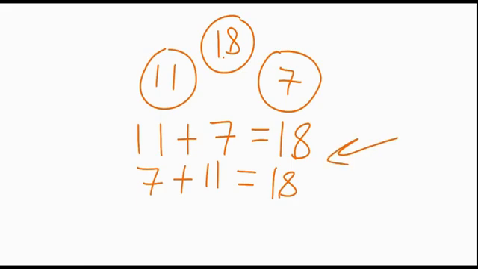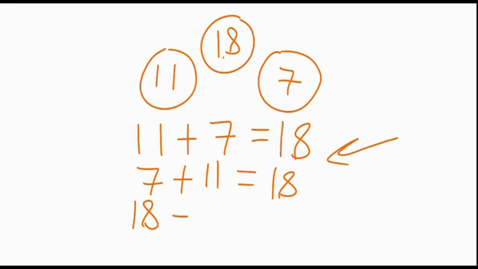But that doesn't apply to subtraction, though, because in subtraction, you can't take away from a smaller number. So you couldn't take 11 away from 7. That wouldn't work. You wouldn't be able to do it because 7 doesn't have enough to take away 11. You could take 7 away from 11, or you could take 7 away from 18. Now in this case though, we don't want to take 7 away from 11 because we know we're only working with these 3 numbers. If we took 7 away from 11, we'd end up with a number that we're not using here. So that means that we know automatically the first number